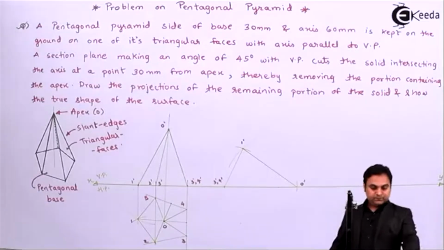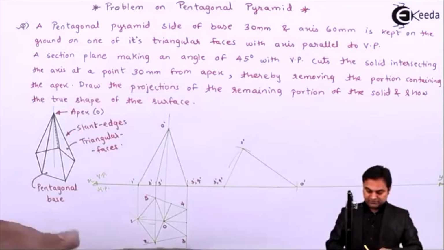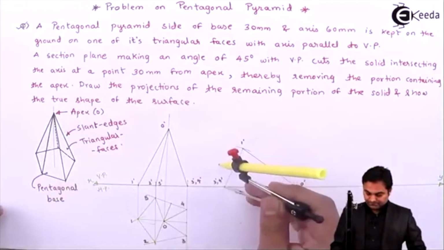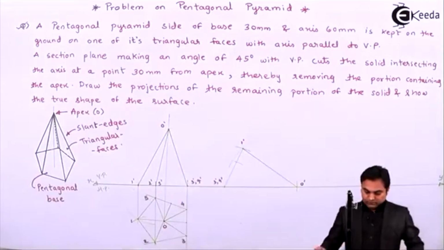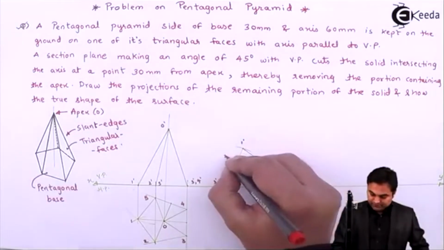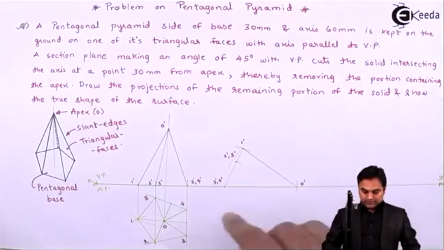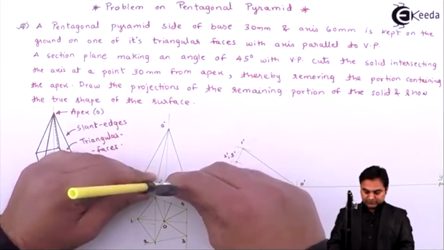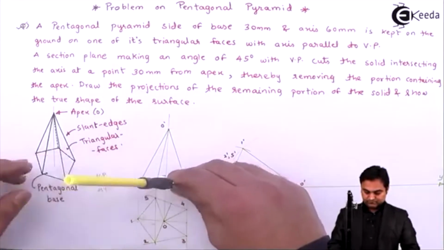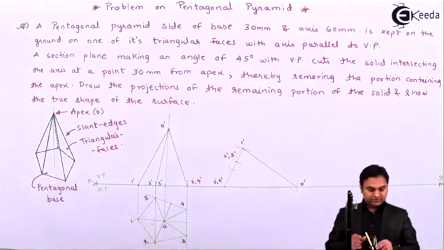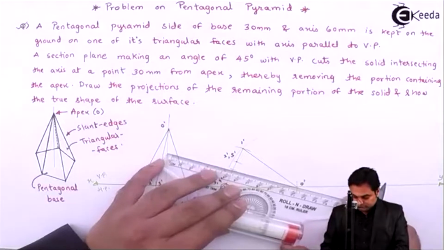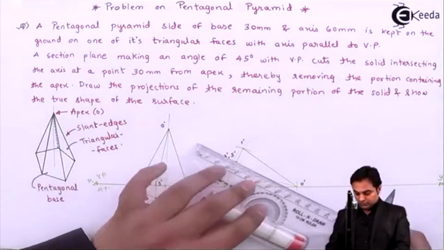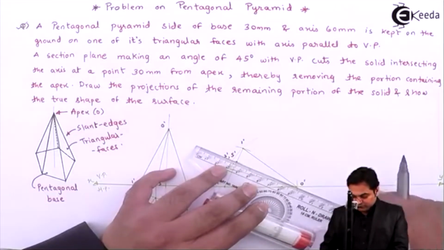Point 1 dash, then I'll measure the distance from 3 to 4 up to 2 and 5. So here the point is 2 dash, 5 dash, and then the axis from 3 dash, 4 dash up to the axis here, cutting this, drawing a light line through it, joining 2 dash, 5 dash to point O.